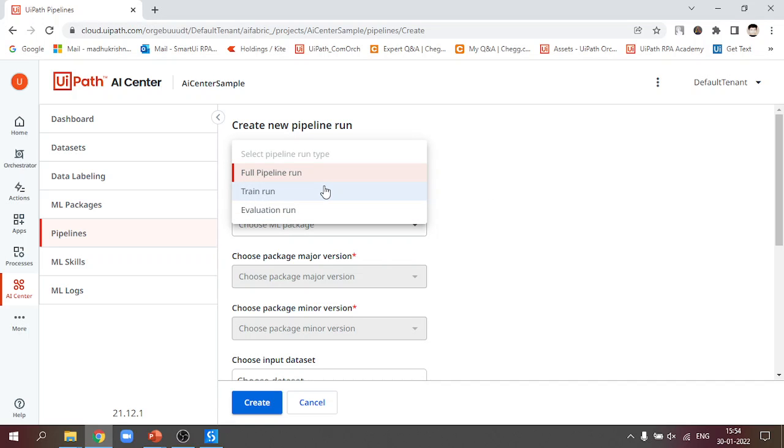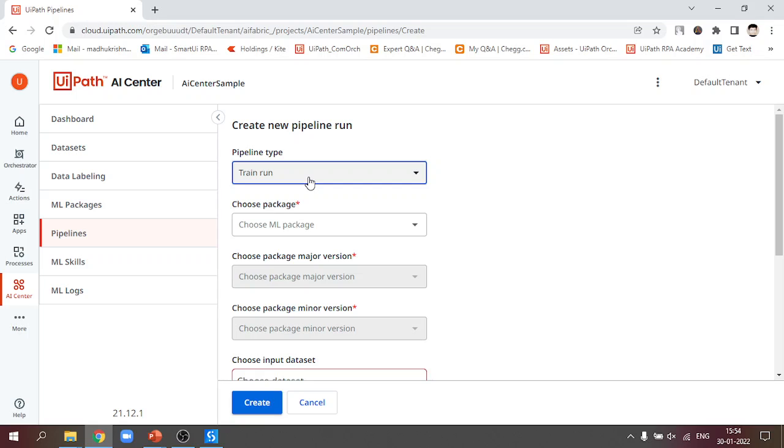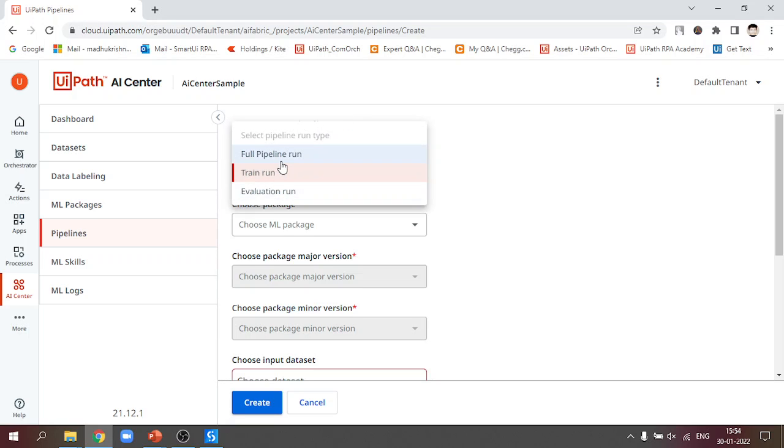On a high level, firstly a training pipeline, the train run. A train run takes an input, an ML package and a dataset together, producing a new ML package version. That would be the train run. And then the evaluation pipeline takes as input an ML package version and a dataset, and then produces a set of metrics and logs.